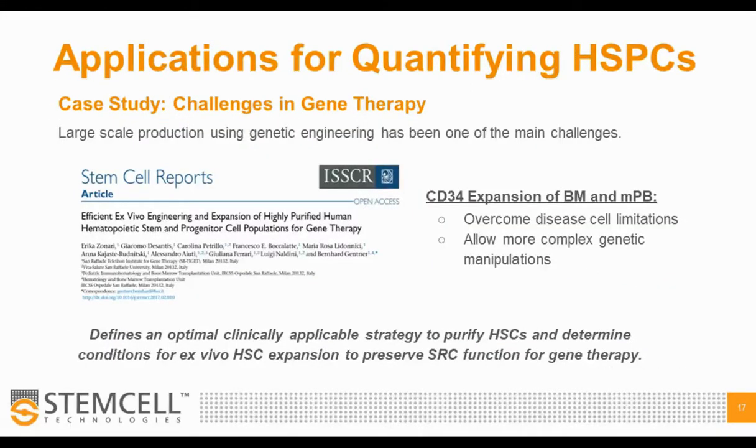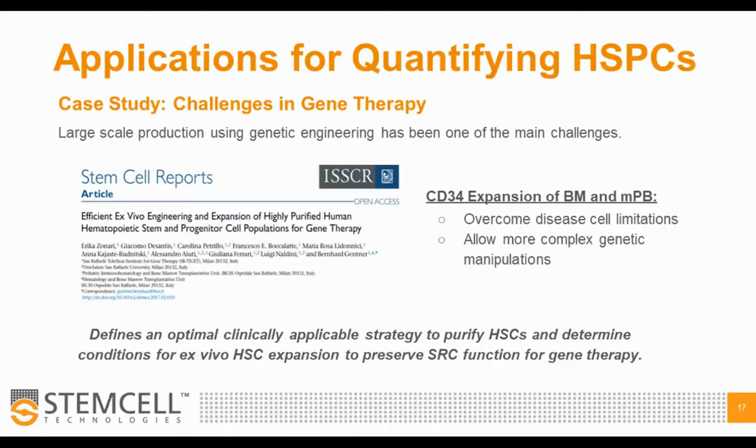So when it comes to the applications of these assays that quantify hematopoietic stem and progenitor cells, I really encourage you to look at this publication as shown on this slide. It's really a good case study of identifying the challenges that one needs to think about when they're getting into the gene therapy space and trying to make hematopoietic stem cell products to help cure people with these genetic disorders. And this publication really highlights the large-scale production challenges that exist when trying to genetically engineer hematopoietic stem cells,